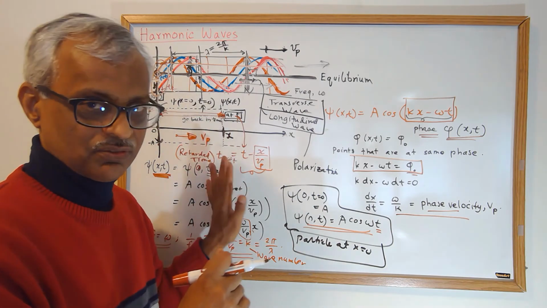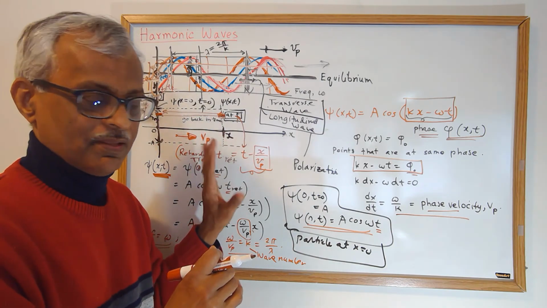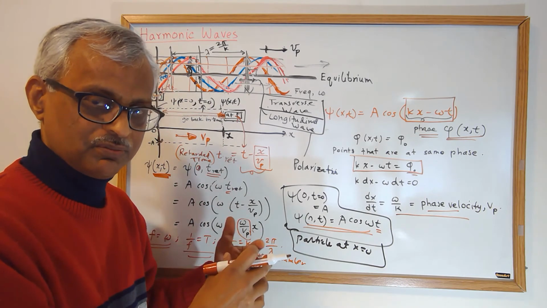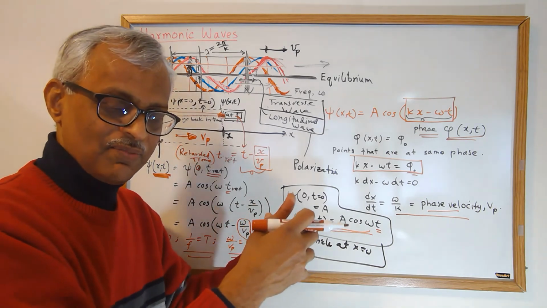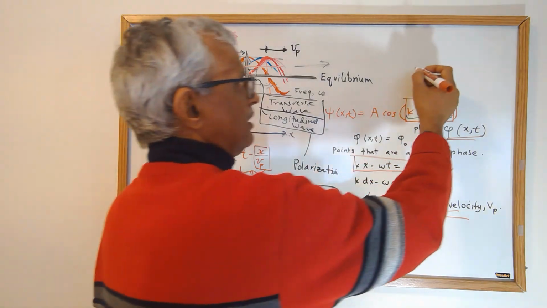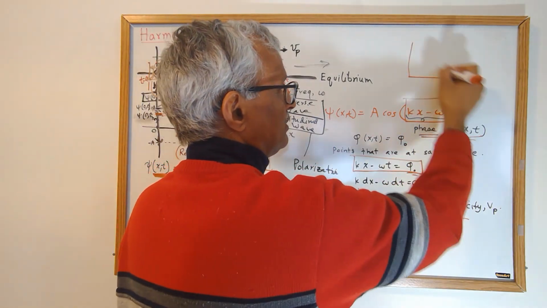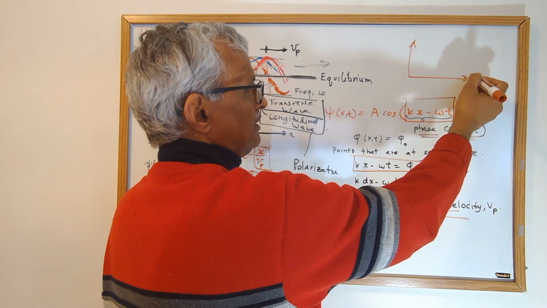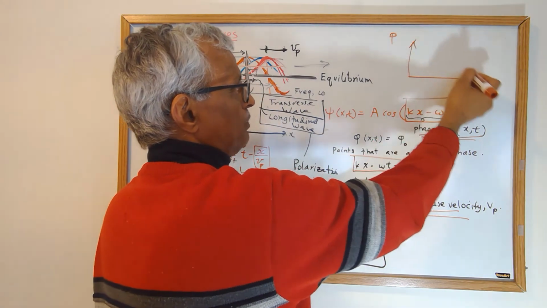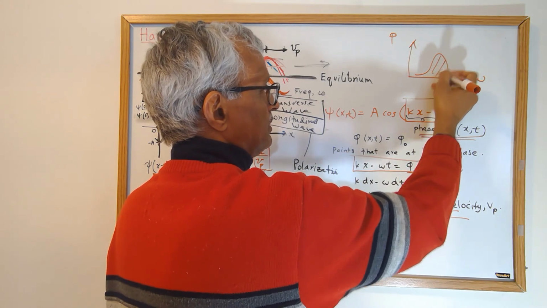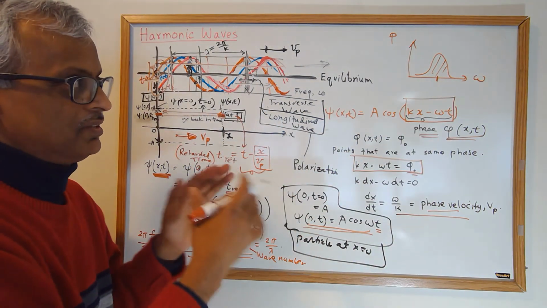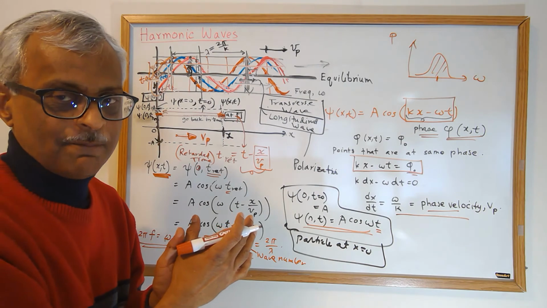We will study what happens when we put a lot of waves together. Suppose you have a wave whose frequency is not a single frequency, but suppose the power in the wave was distributed over frequencies. Then